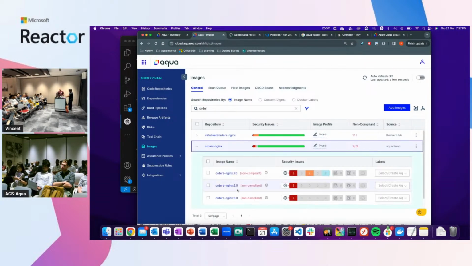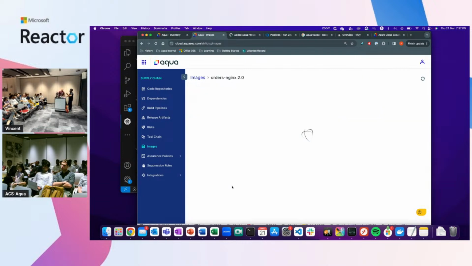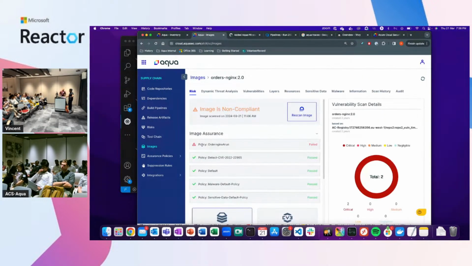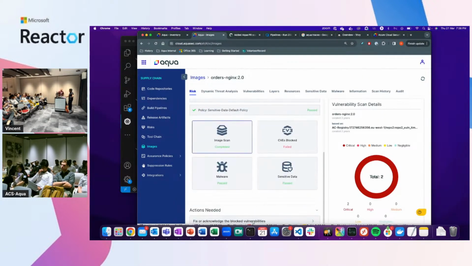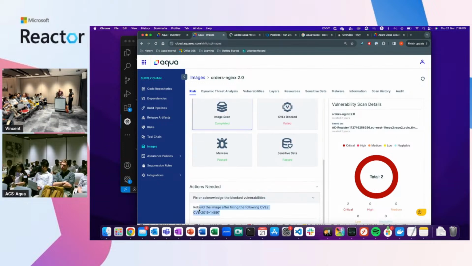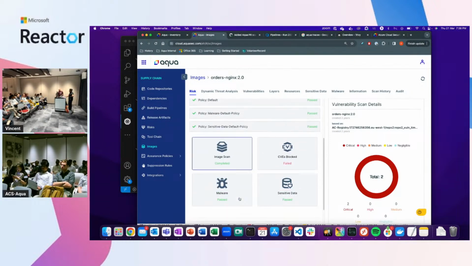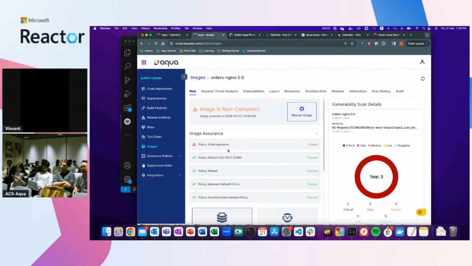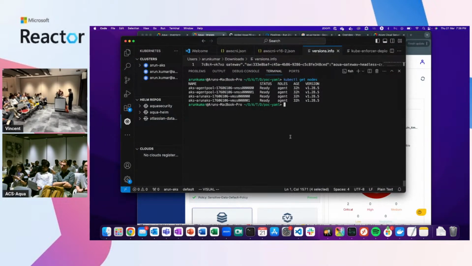Now, when you look at this image, it's not compliant. This is not compliant because I've set a policy that says you can't have this vulnerability in the image. We're telling you how to make it compliant, but while it's not compliant, it should not be allowed to run in my environment. So now I come here and I have this deployment file,